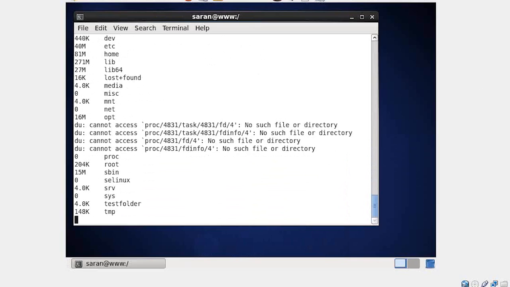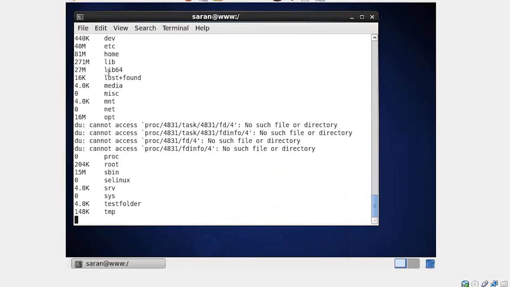So there is a need to clear the logs, or at least archive the logs, in a timely fashion. If that doesn't happen automatically, your applications or your system will hang. So in case your disk is completely full and there is a huge tree structure, a lot of directories and subdirectories, and you don't know how to check it,